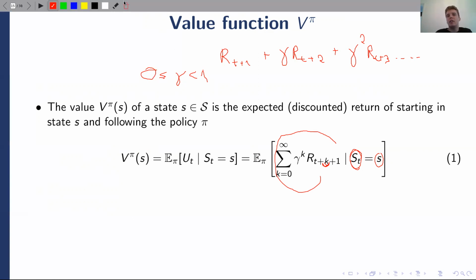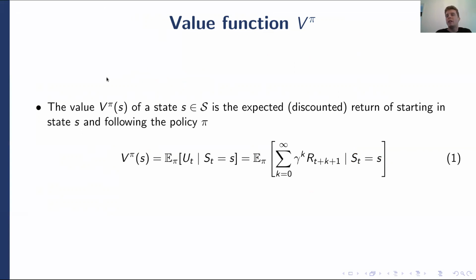So what's the interpretation here? Well, the value basically represents how good a state is under a specific policy. So notice that a state may be better or worse depending on the policy that you're following. So for the same state, you can expect more reward if you are acting according to a good policy than you can expect if you are acting according to a bad policy. That's very important. The value function is always dependent on a policy. The value of a state always depends on a policy.